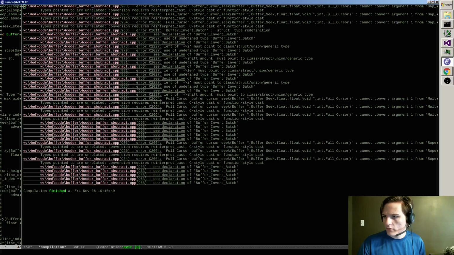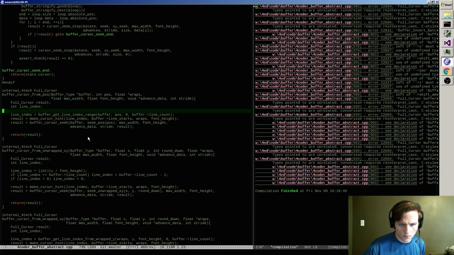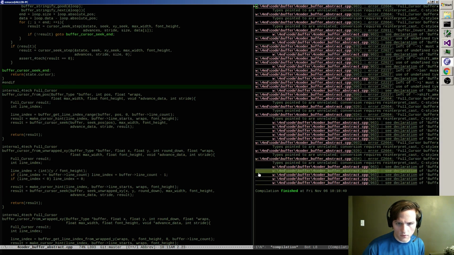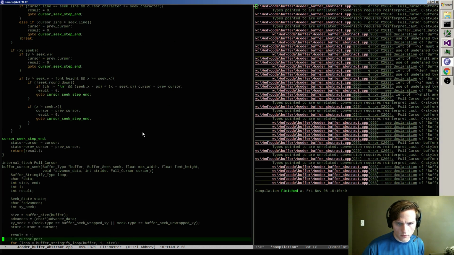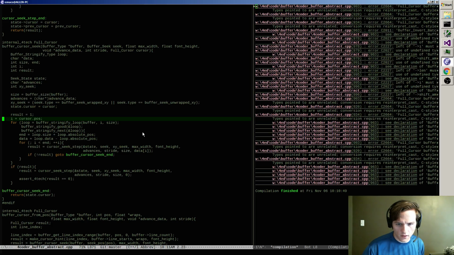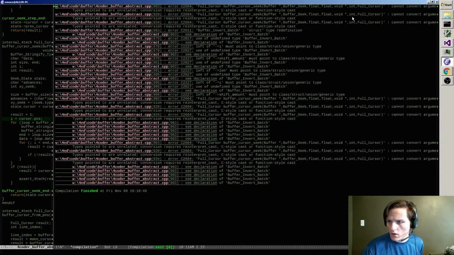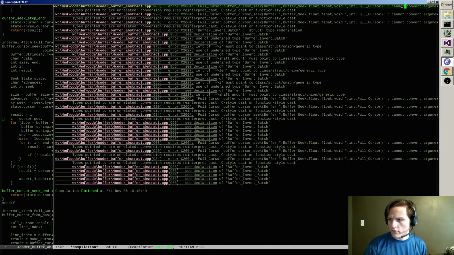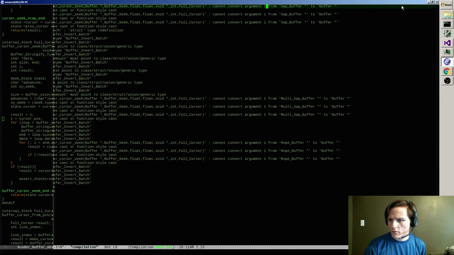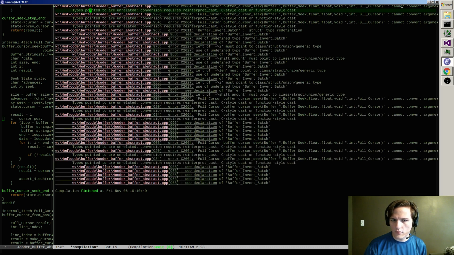Can I convert one from gap? Buffer cursor seek. Cursor position buffer type is gap buffer. Cursor seek has been defined with the gap buffer. Cannot convert argument 1 from gap buffer pointer to buffer pointer.